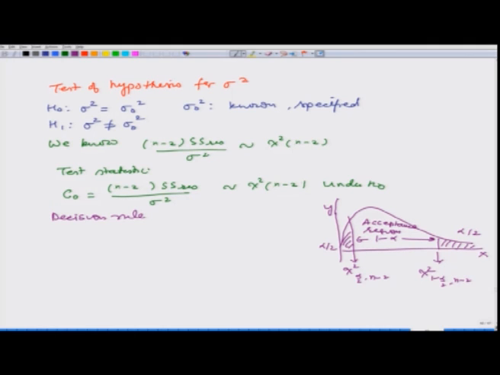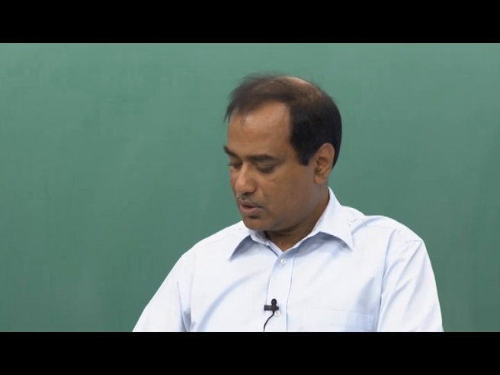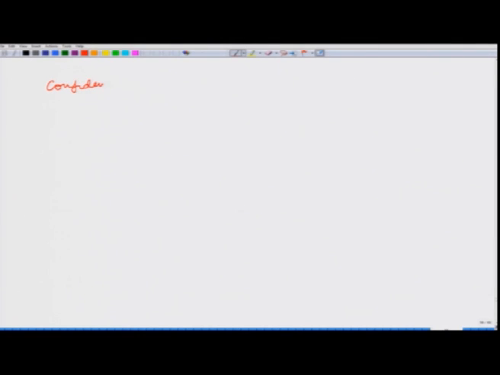So, we can see here that in this case we reject the null hypothesis H naught if C naught is less than chi-square alpha by 2, n minus 2, or C naught is greater than chi-square 1 minus alpha by 2, n minus 2. So, this will help us in testing the hypothesis about sigma square. Now, we can also construct the confidence interval for sigma square. So, now we consider the confidence interval